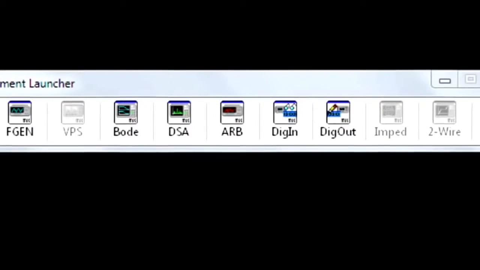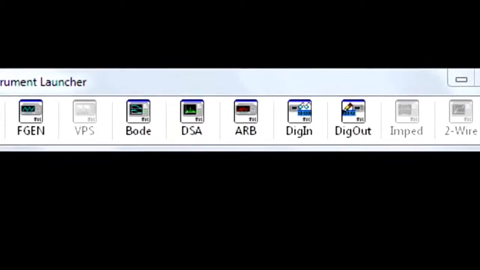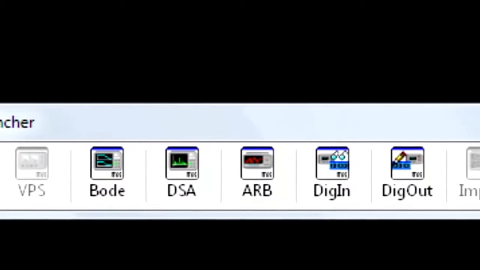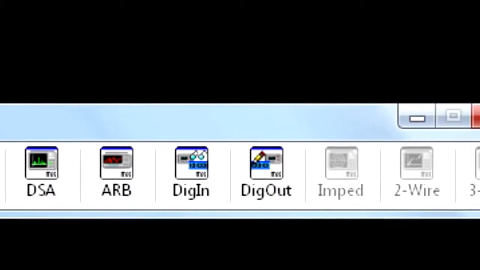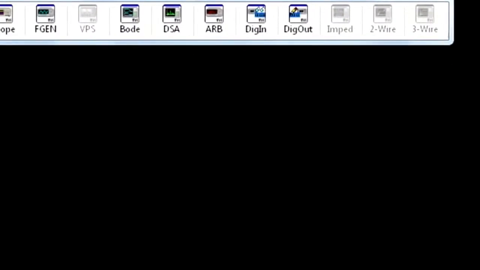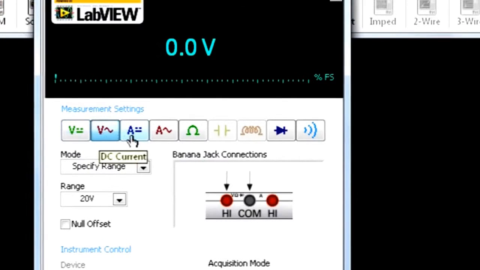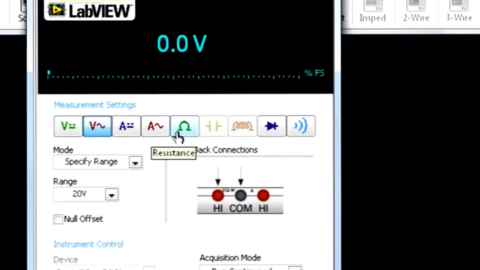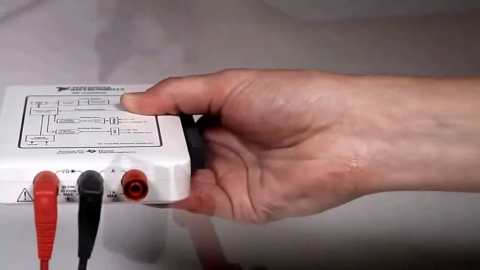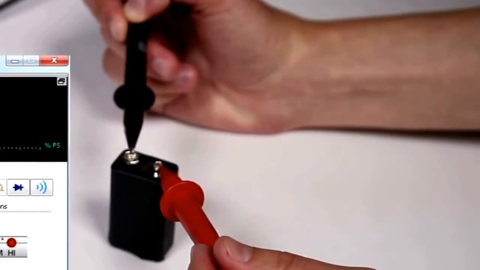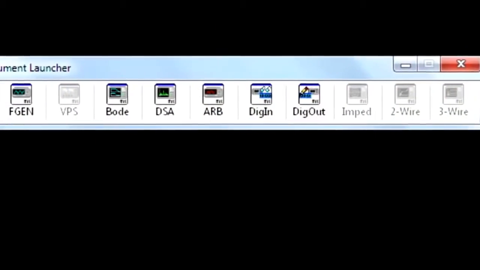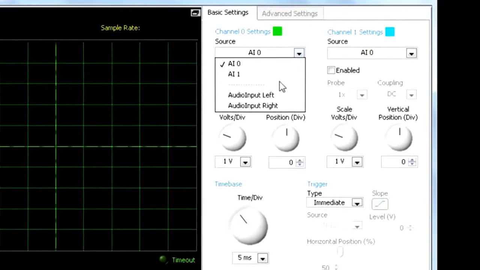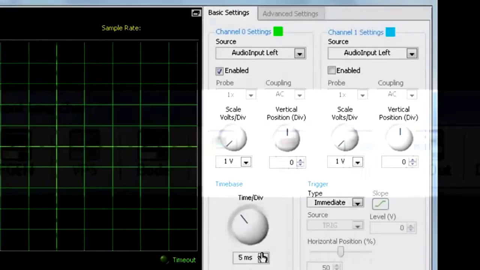Right away, we can start using MyDAC without writing any code by opening the Elvis MX instrument launcher. This allows you to access pre-written programs for the most common applications. The DMM button will launch a digital multimeter, which includes a voltmeter, current meter, as well as many other common tools. Connect the probes to the voltage inputs and you can use your virtual multimeter right out of the box. Elvis MX also gives you unprecedented access to powerful engineering tools like an oscilloscope or digital logic analyzer.